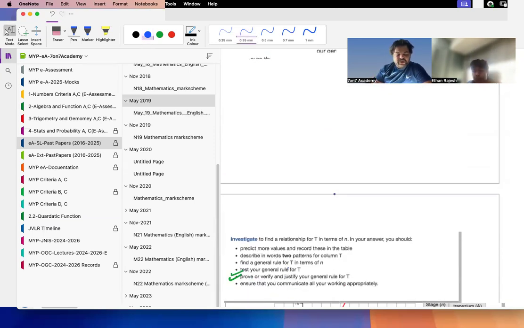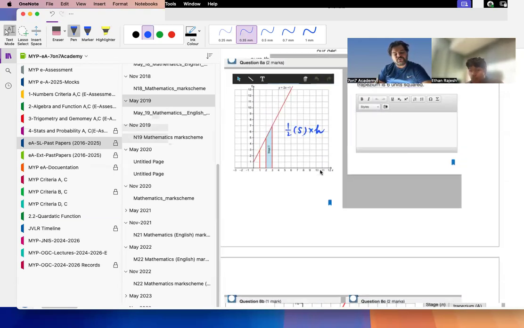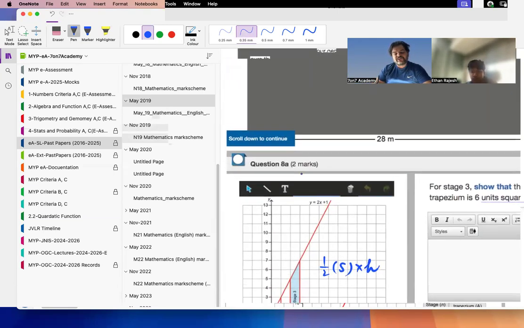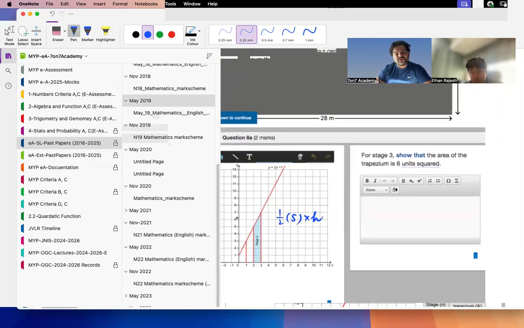Understood? I hope you understand this properly. Can we go through it again in 2 minutes? The first question was worth 2 marks: find the trapezium's area. To get the trapezium's area, what did we do? We first write half into the sum of parallel sides into height, then substitute, then calculate the height,